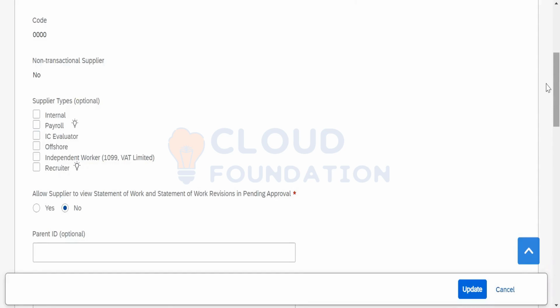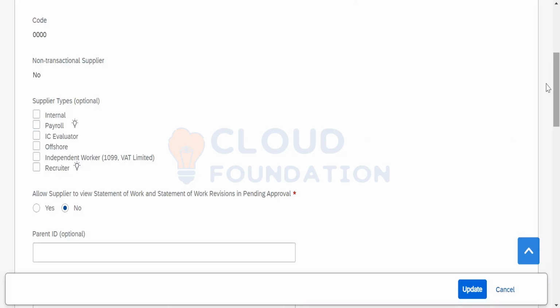Transactional suppliers, on the other end, are those whose contractors will be filling up their timesheets and expense sheets within Fieldglass, and based upon that, it will be approved, and eventually post the approval, the invoice gets generated. The invoice flows to different systems, probably to accounts payable in ERP, and the payments will be done.